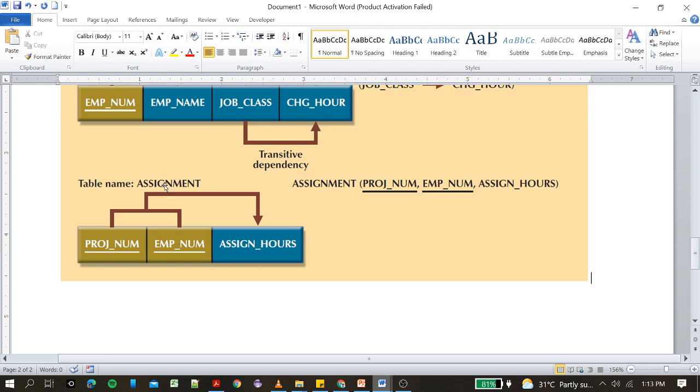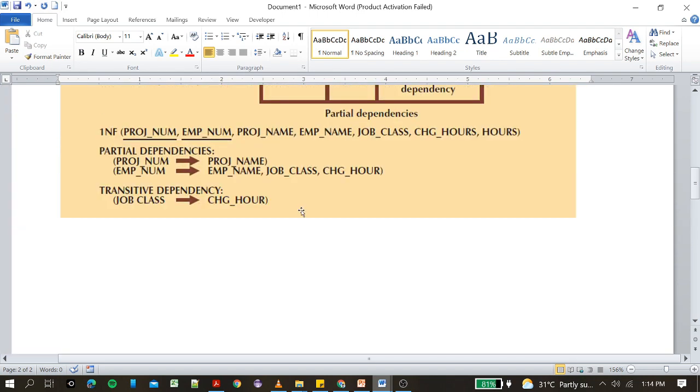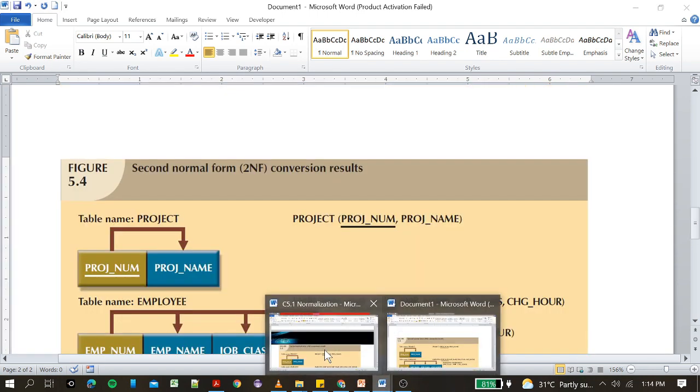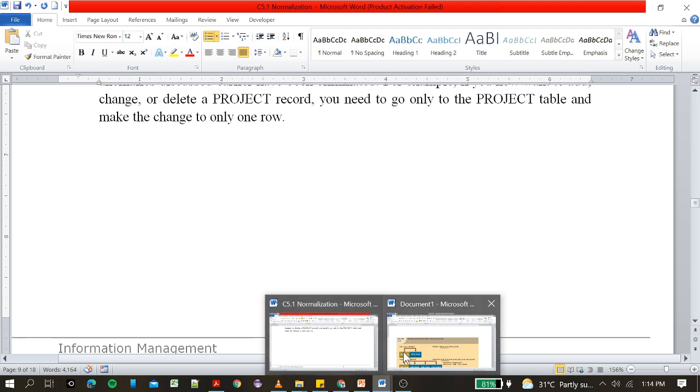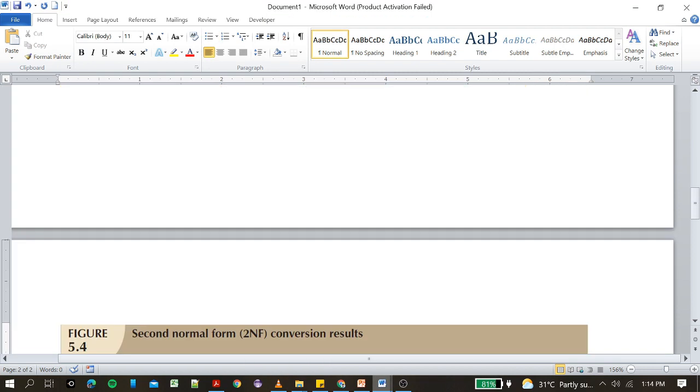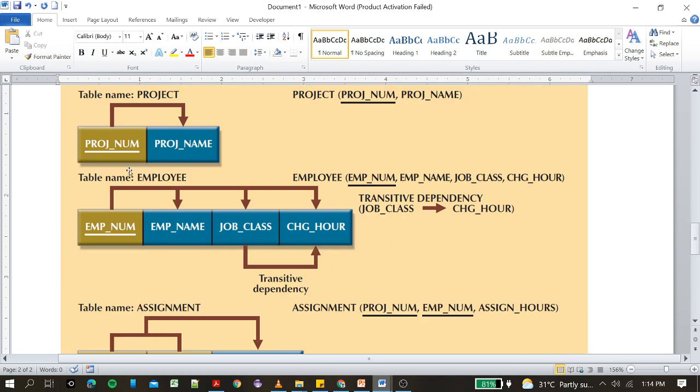And here we have the assignment table na yung sinasabi ko kanina, yung oras ng pagtatrabaho ng isang employee sa isang project. Ano? Parehong nakadepende dun sa dalawang primary key, which is our composite key right here. Ano? Okay. So, ibig sabihin, kung yung table natin ay hiwa-hiwalay na, ano, pag nag-update tayo ng